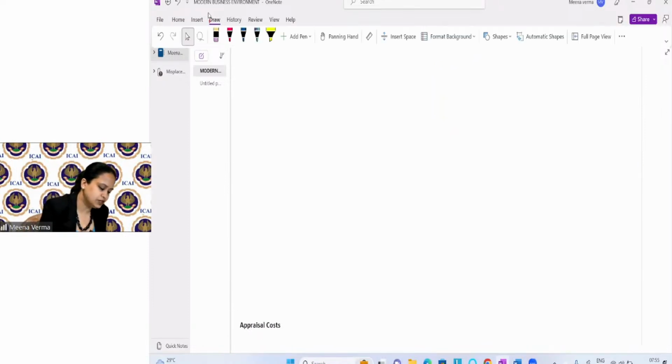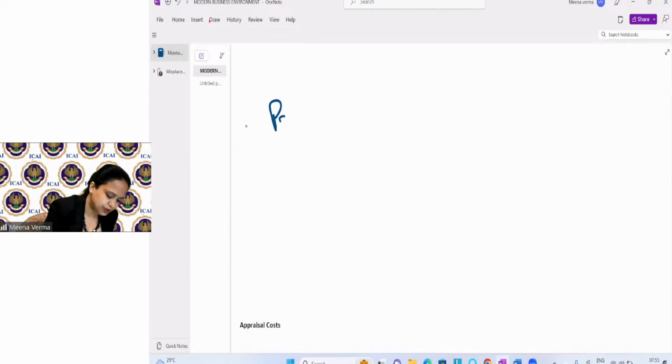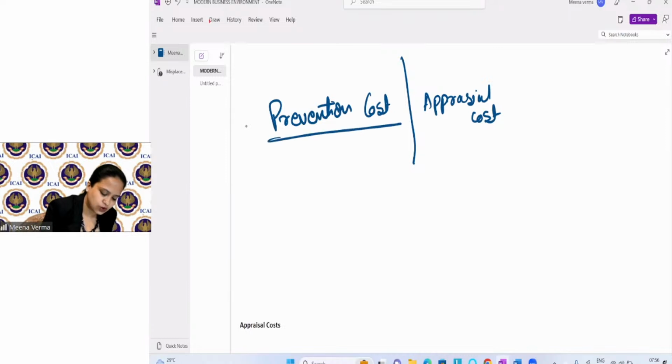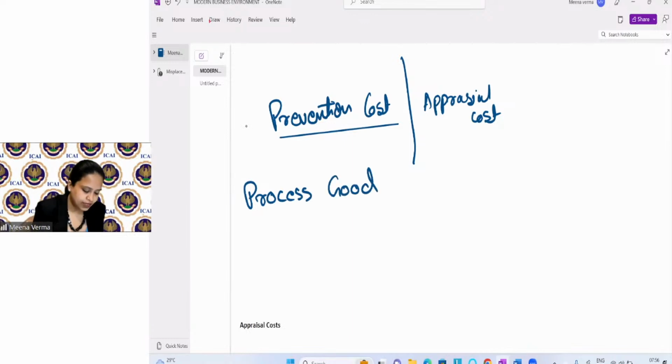Okay, so we have learned this. What we have learned about the prevention cost. Then we have learned about the appraisal cost, right? What we have learned in case of prevention is that your entire process should be good. All the activities of the entire process of production, or the company's entire value chain, should be good. If the entire activity of the company is good,